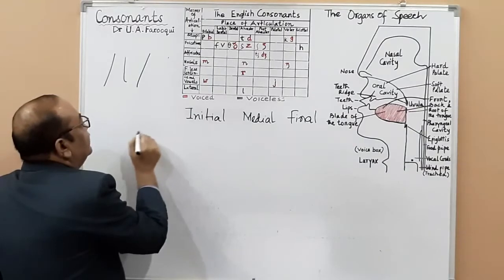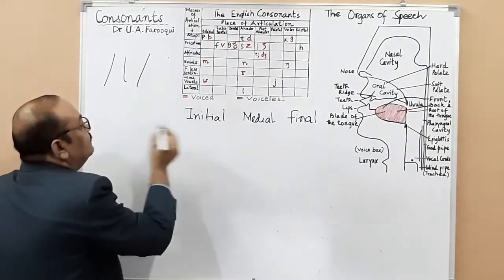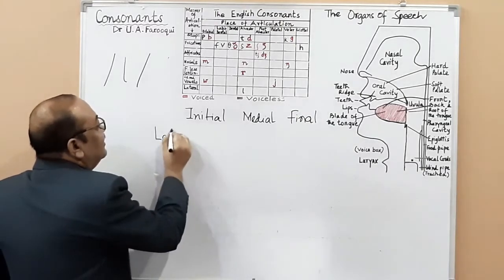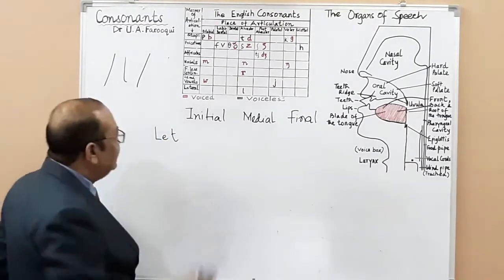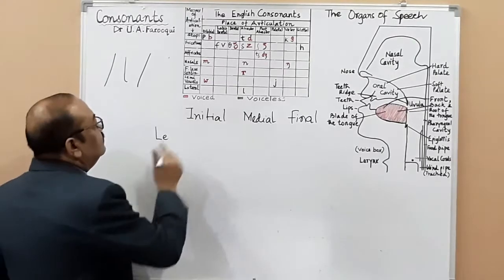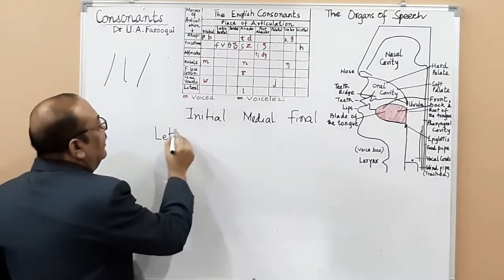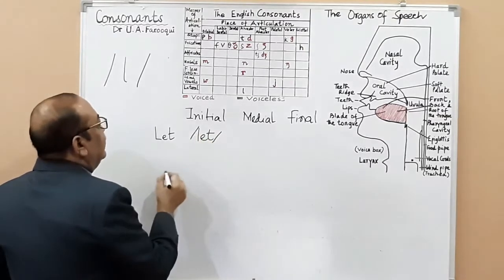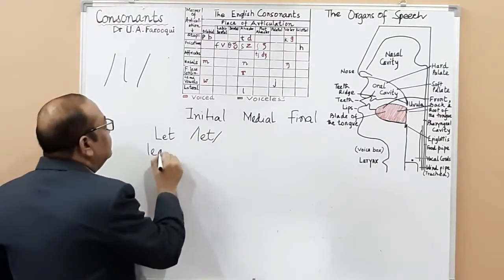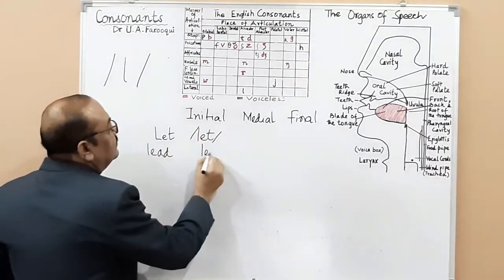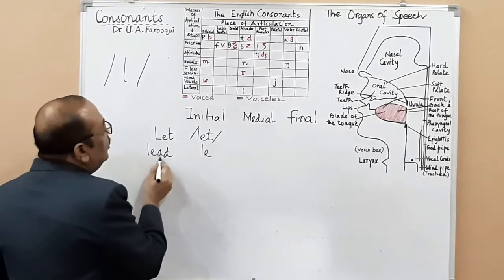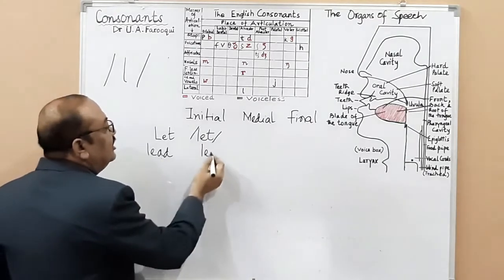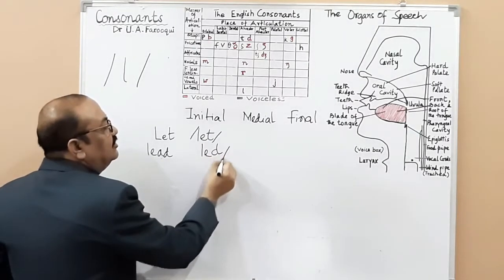Initially, let's see where it occurs. It occurs in so many words. For example, lit. I'm taking the small words. Lit. Or say lid. Although you have one extra letter here, there is no change in the sound. Lid,